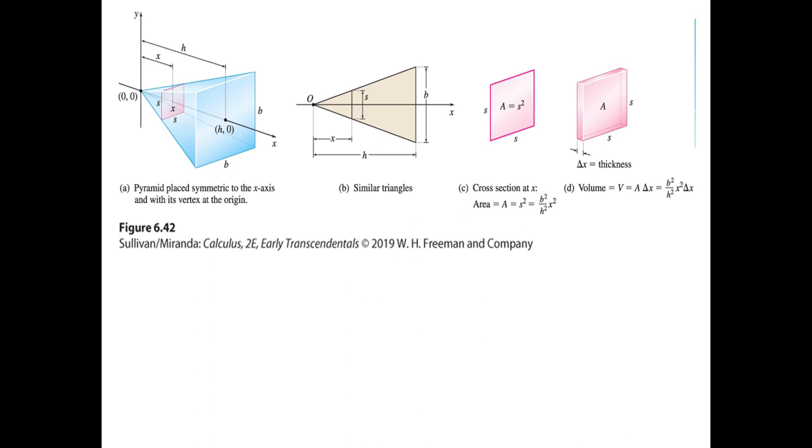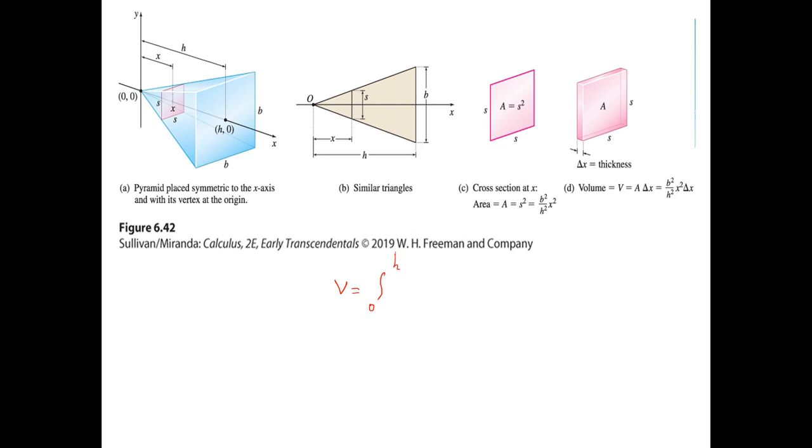So this is the cross-sectional area of each and every slice, and then in order to find the volume, we multiply that cross-sectional area by delta x, right? That in terms of integration becomes this integral from 0 to h,